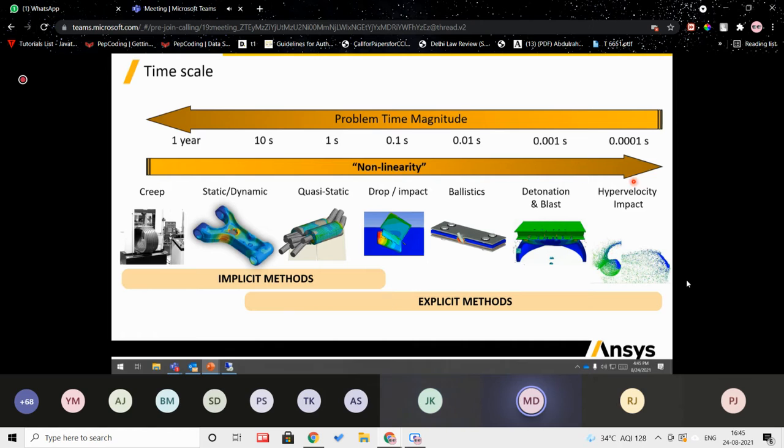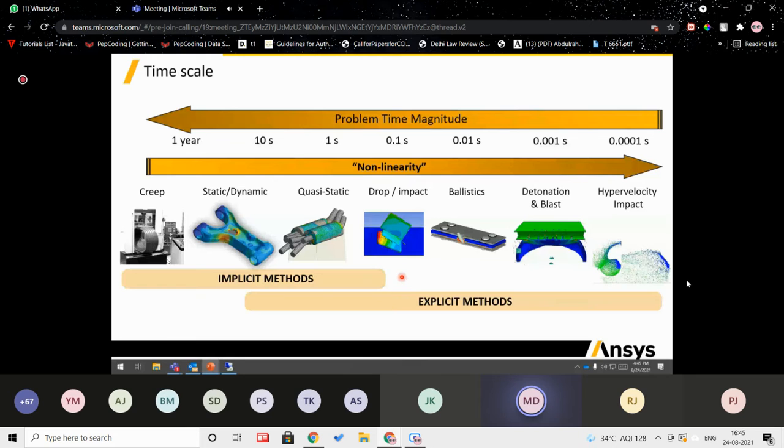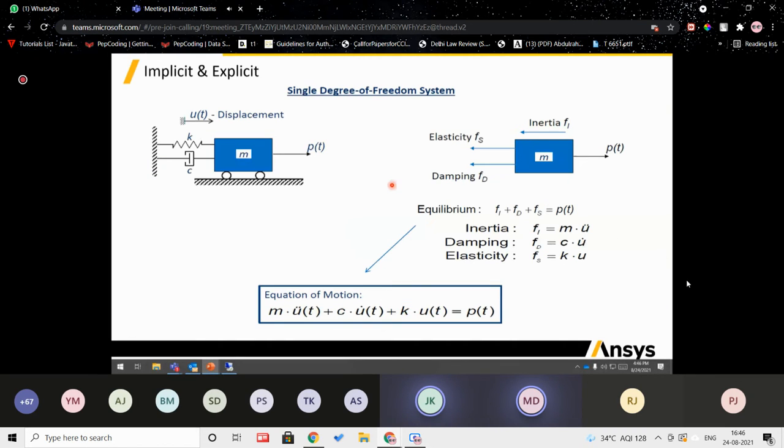Here we consider the inertial effects also along with time. So time also we study here. This is just a brief I have given to give you clarity on where we use implicit analysis and where we can go with explicit analysis. Of course, there are problems where we can use both analyses, implicit as well as explicit. The only thing is how you are interpreting the result and how you are applying the boundary conditions, which sometimes matters. Here, for the explanation, I have compared how we analyze and study with implicit and explicit.